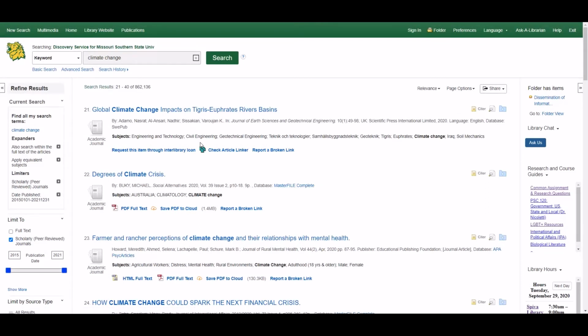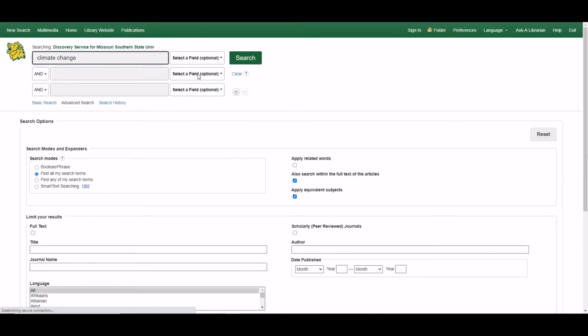What if you're wanting to do a more advanced search? Right here, this will allow you to search multiple things at once. So for example, if I want this to be my subject terms, climate change, I can choose to do and, or, and not. And will act as a plus